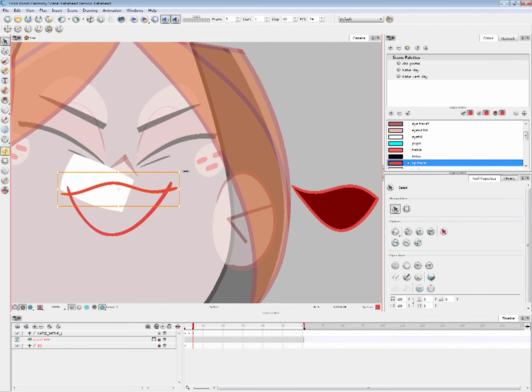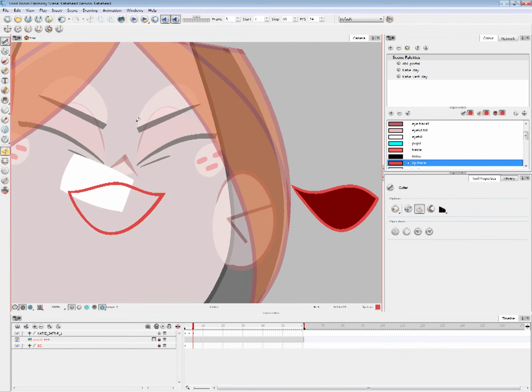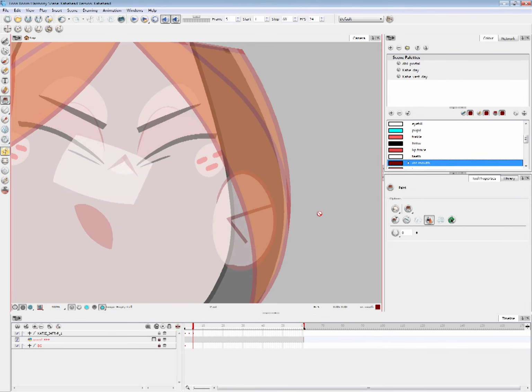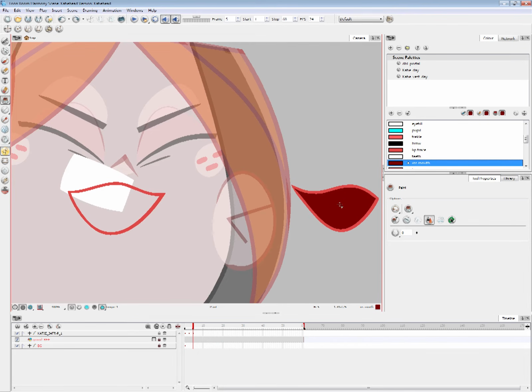Yeah, select tool, Alt S, yeah. And then Alt T, cutter tool. And then Alt I for paint. I'm gonna hold D to sample this mouth color here. In Toon Boom, selecting not just the same color but the same pool of color is very important.